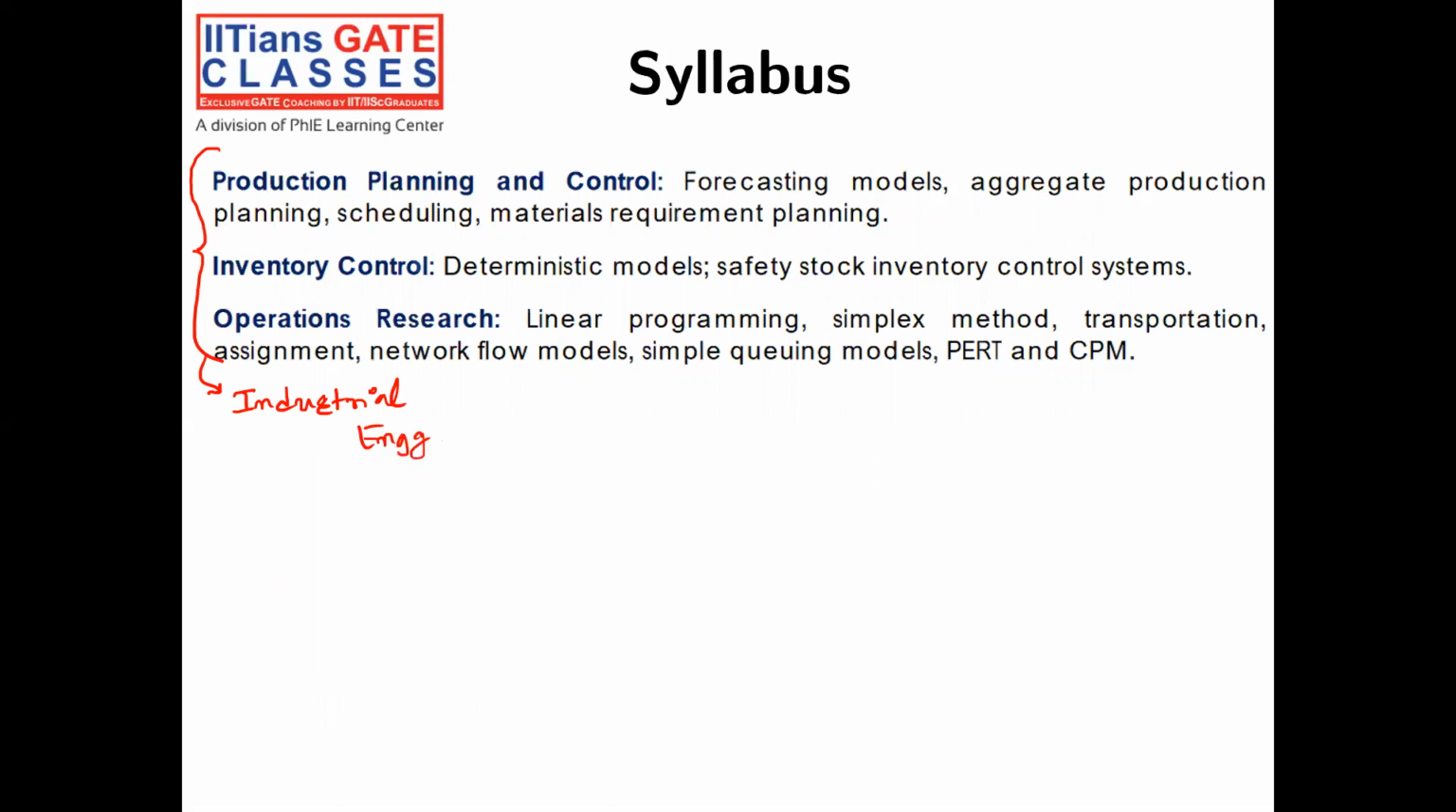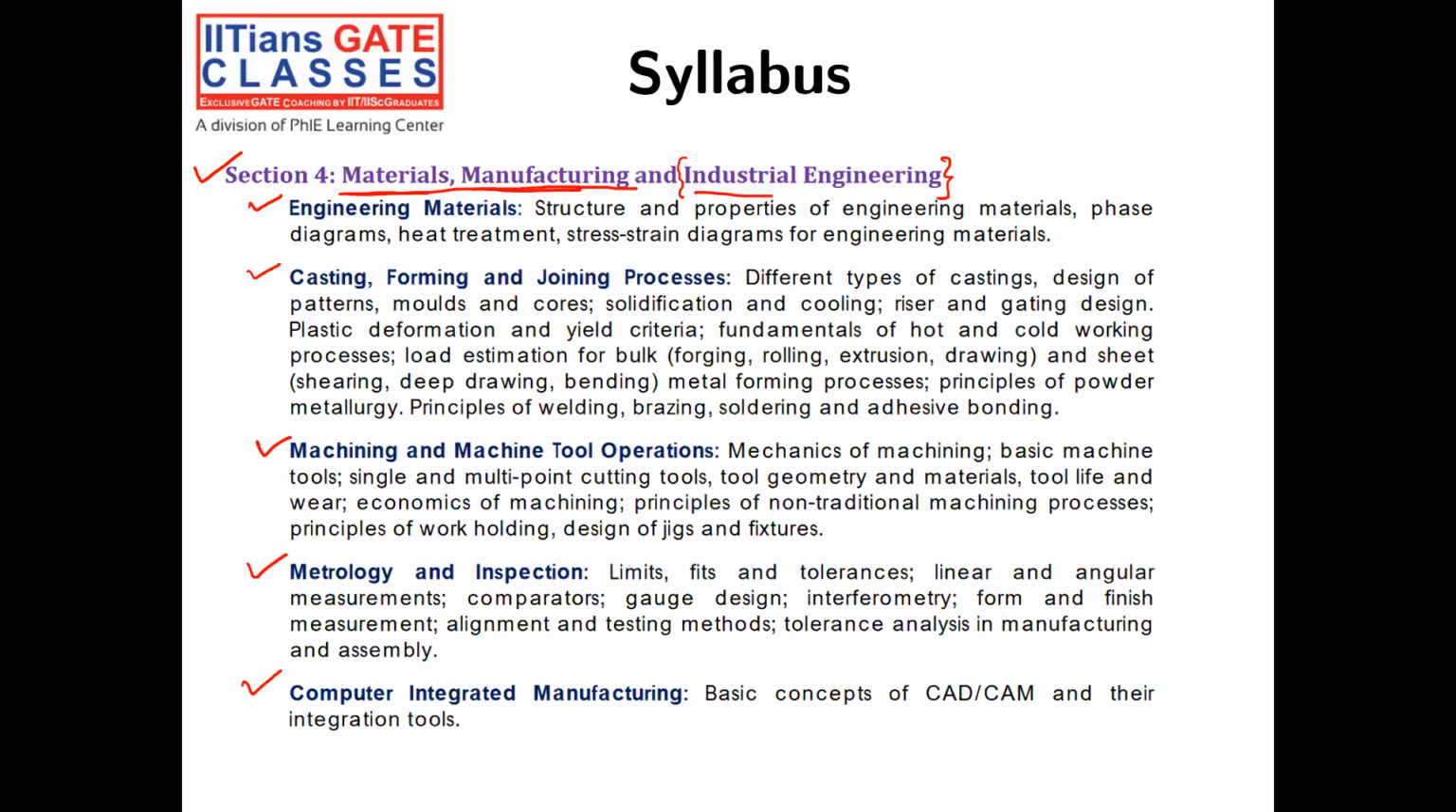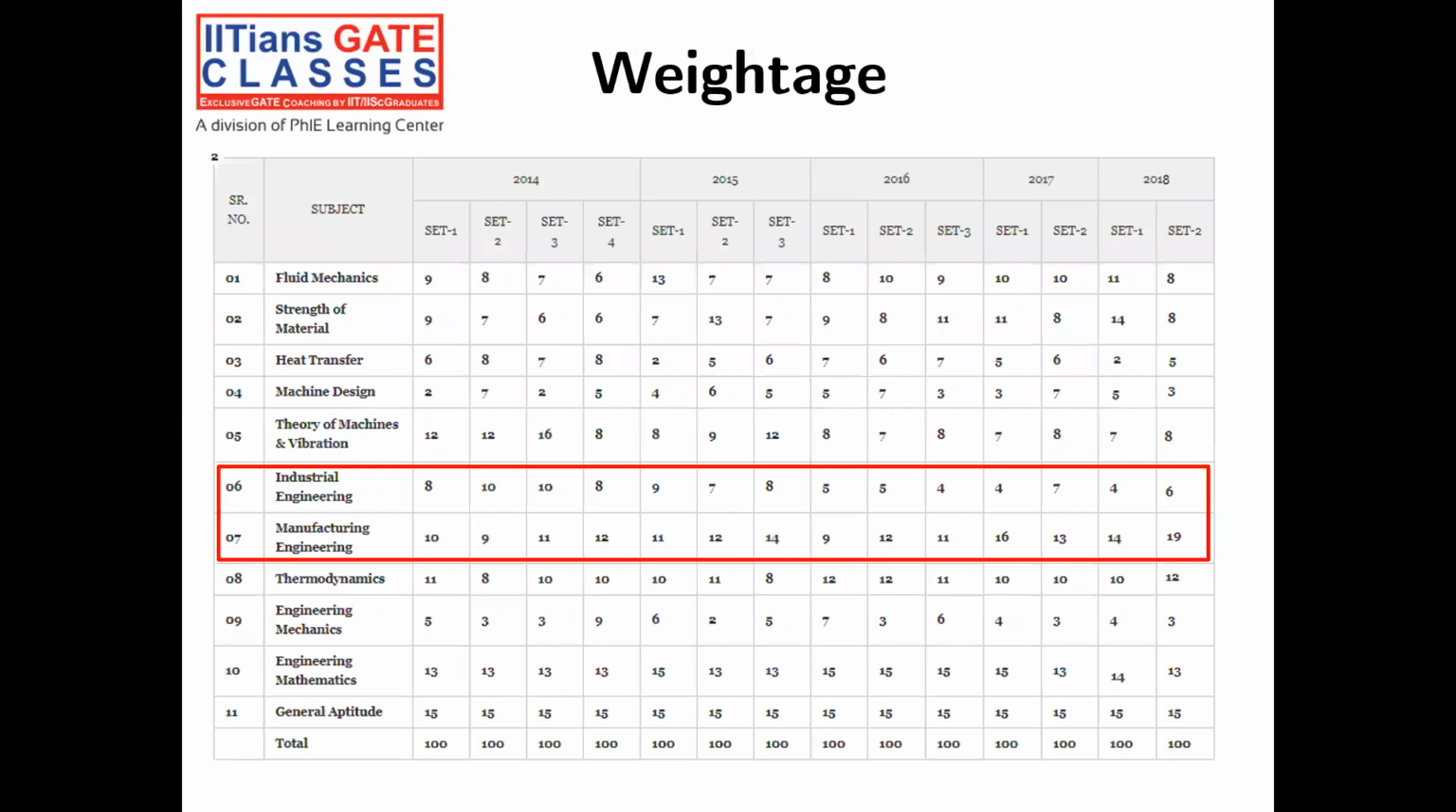Okay, so you can see pretty much syllabus to complete, yet it's very easy. So let's move on to the weightage. Basically, you have 100 marks for GATE, and I'm going to cover these two topics, industrial and manufacturing, combined. If you see the year-wise split here, 8 plus 10, 18, 19, 21, 20, 20, and you can see 25 here. So approximately you can say 20 to